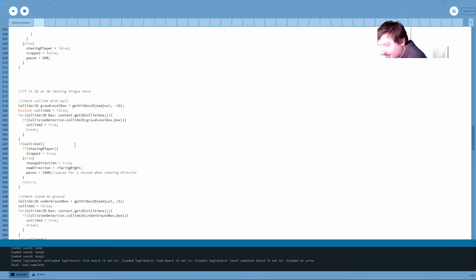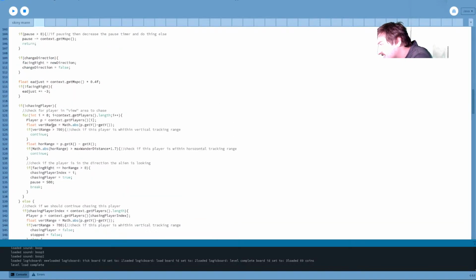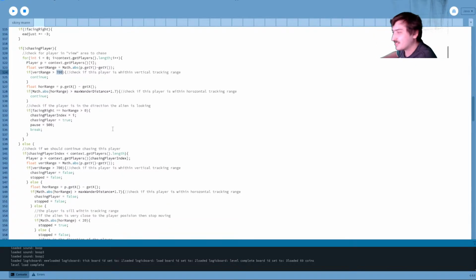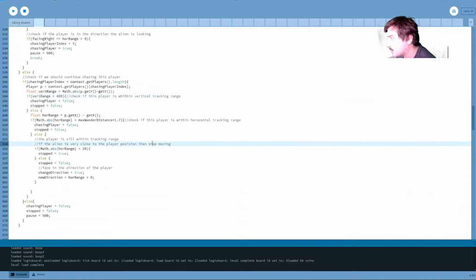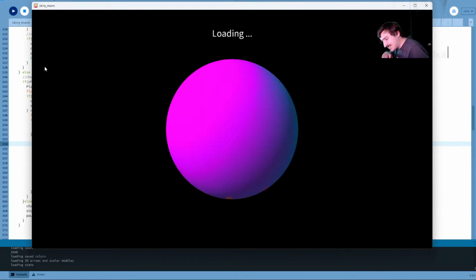I just need to get the combat done, and then this entity is done. And then, is there anything else I seriously wanted to do for this specific update? We might be on the cusp of me releasing this update here, guys. What a rarity. Where's my vertical detection range? Oh, 700 for vertical? Yeah, that's basically the entire height of the screen. Let's go 400. That's what I was originally going to do. There we go. That should be way better. Way less high range. Almost there, guys. Almost there.